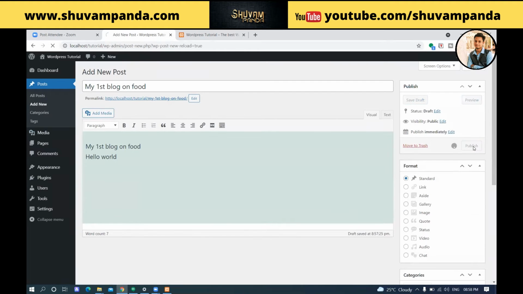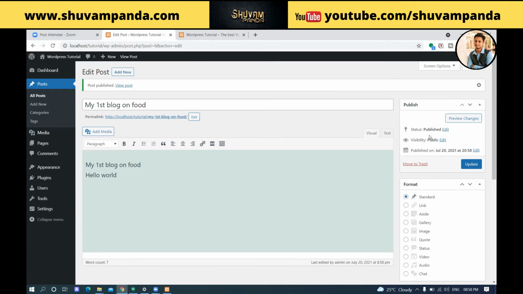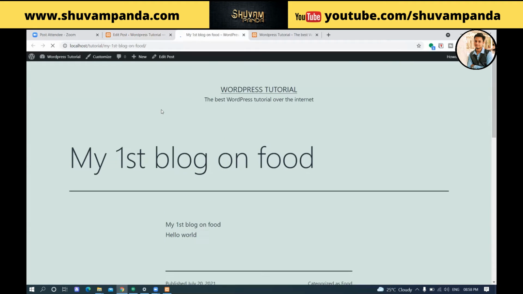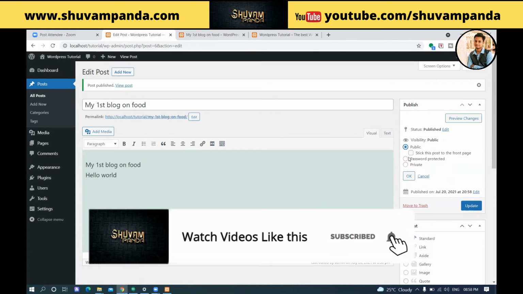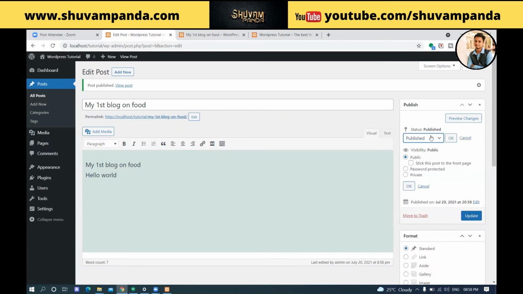Now let's publish it. In the right side option, you can see an option called status. Status is currently for the particular post. This is my post. Currently on the right side, you can see the status as published. That means the particular post is published. Visibility is also set to public. You can use private or password protected, and status can be publish, pending review or draft. Save as draft means it will not get published until you press the publish button.